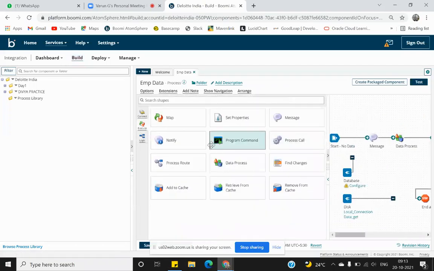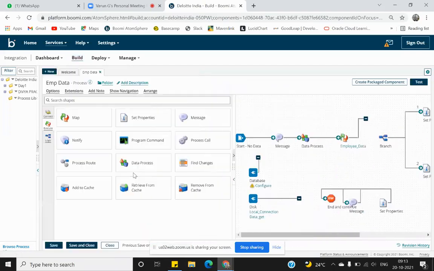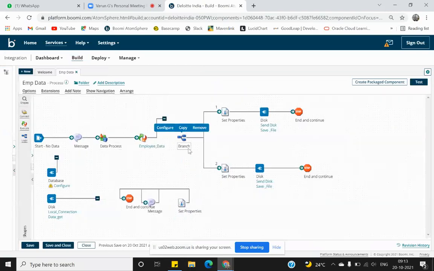So we learned all these shapes, right? Now what we are doing today is again the properties. What I told was there are some kinds of properties like process property, dynamic process property, document property, and dynamic document property. Process property is something that holds the properties of your process, meaning in your process you can have different values set for a process property. It's like a collection of properties that holds different values.